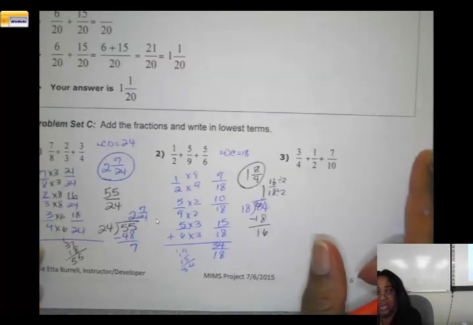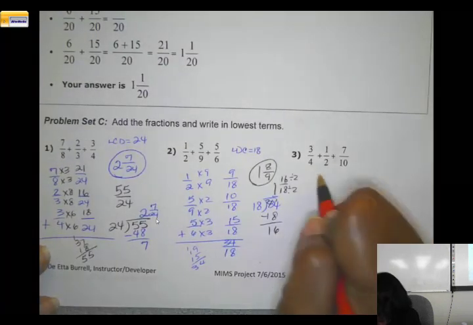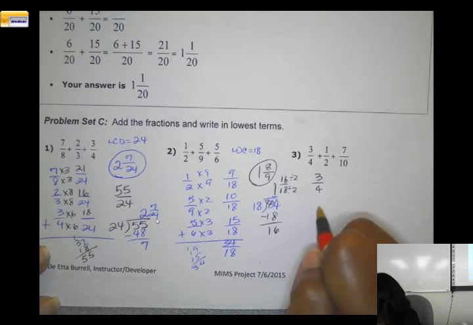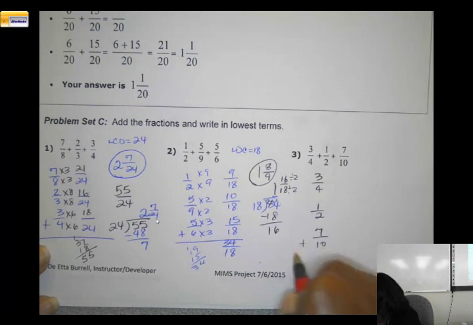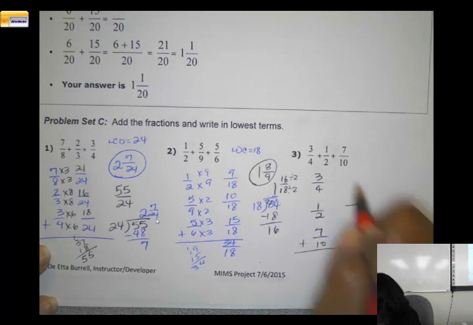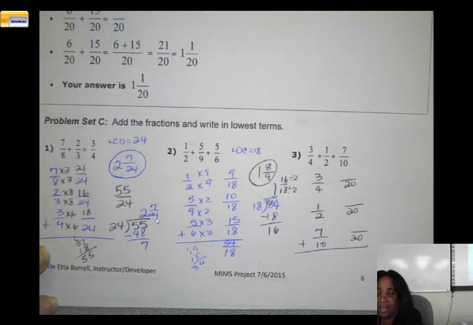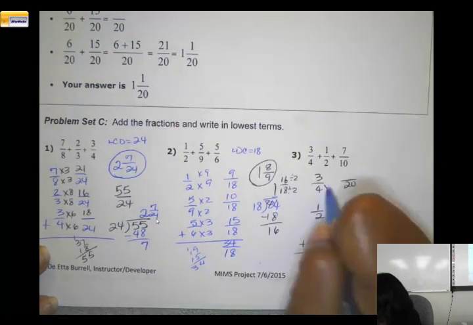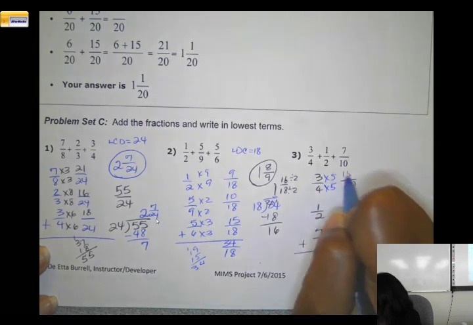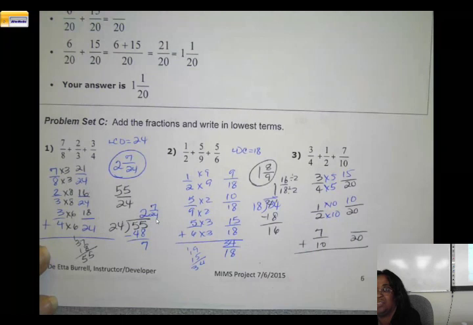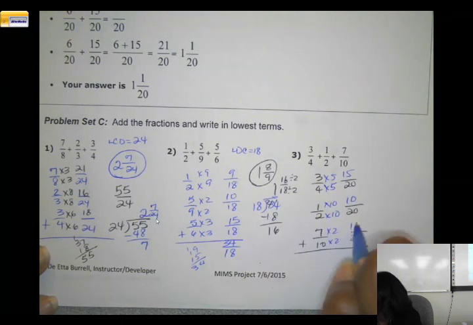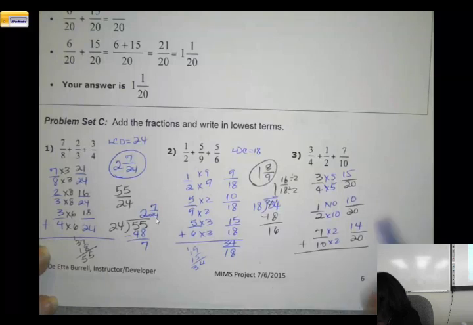And then let's do the third one. What's my LCD for number 3? 20. And I'm going to multiply this one by 5 to raise the fraction. I'm going to multiply this by 10 to raise the fraction. And I'm going to multiply this by 2 to raise the fraction. And that'll give me 39